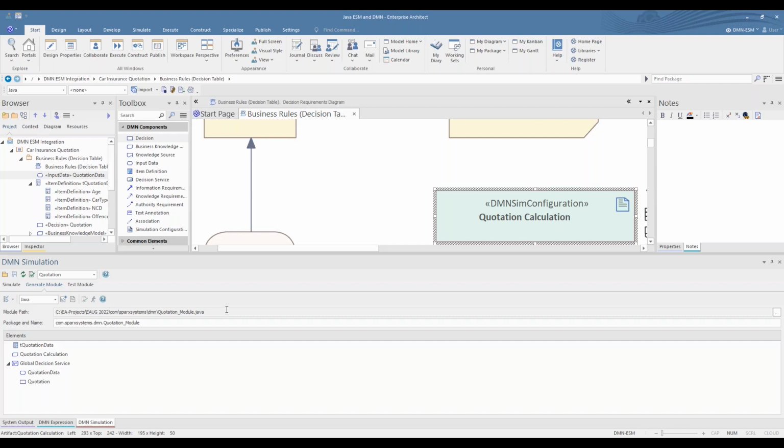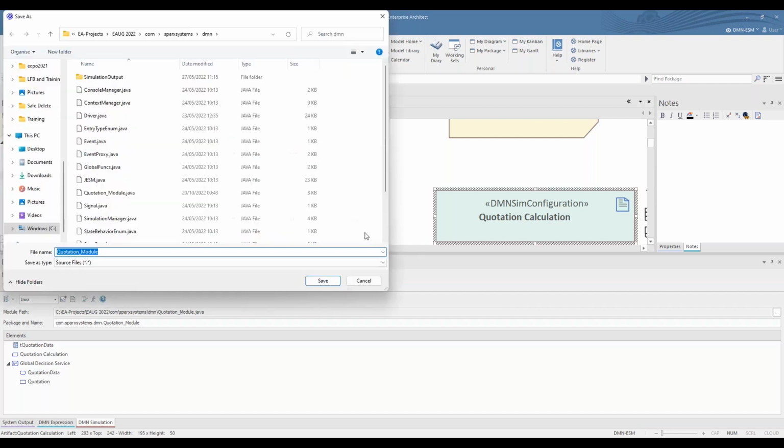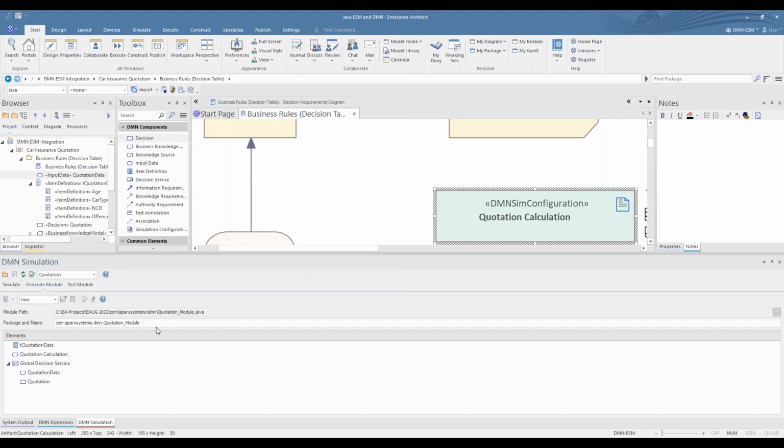So this module path, which you'll see here, is created by yourself using File Explorer, and that's the path you use. There is a navigation here, so you can open up the path and create the path. But it is very picky. It has to be there. If that path doesn't exist, you will get an error message in the generation.